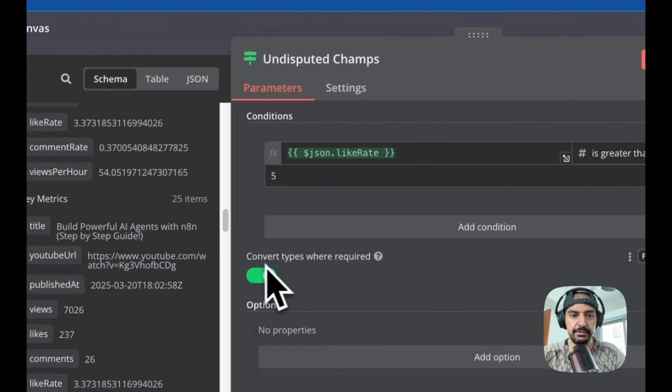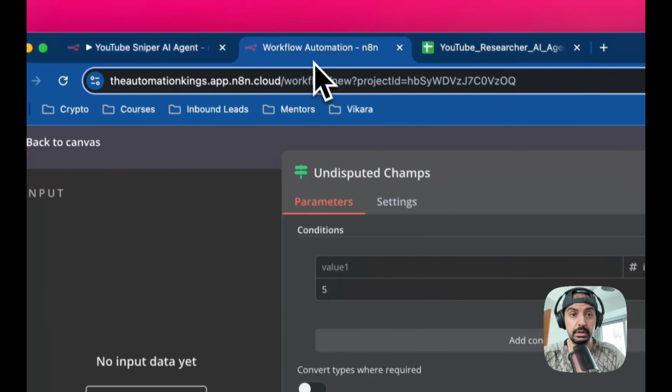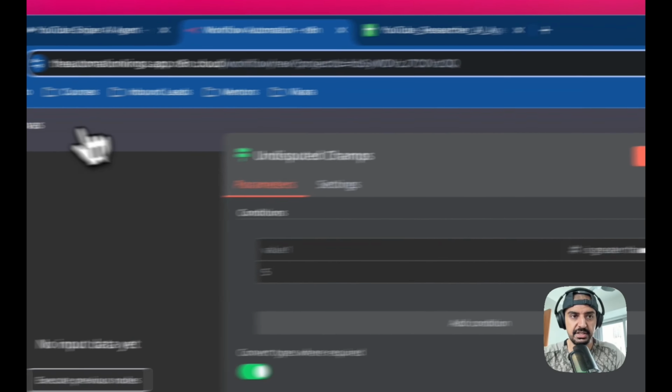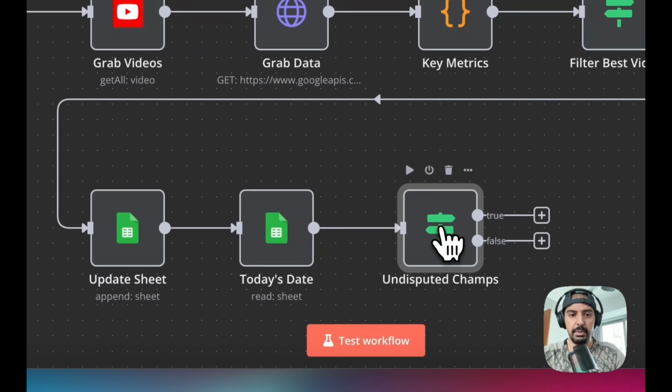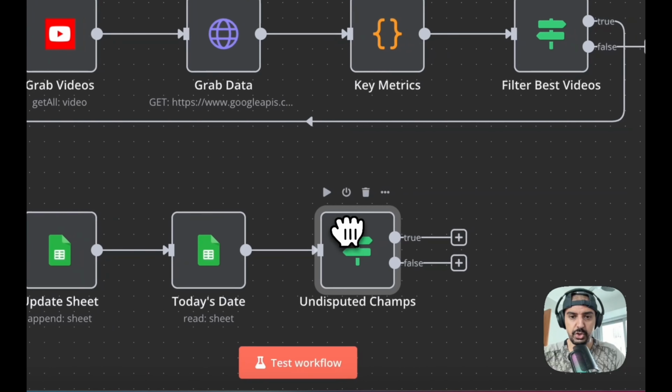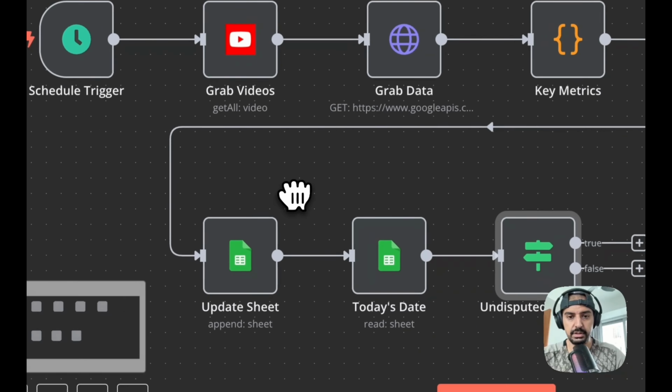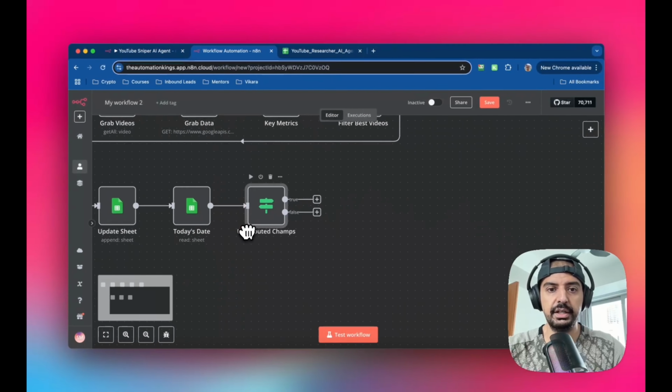Okay, and make sure that you have convert types where required on. Okay, and remember to test the step, okay? So yeah, we're almost done. Just move this over here, and then I'm gonna move this over to this side, and then we're gonna extend